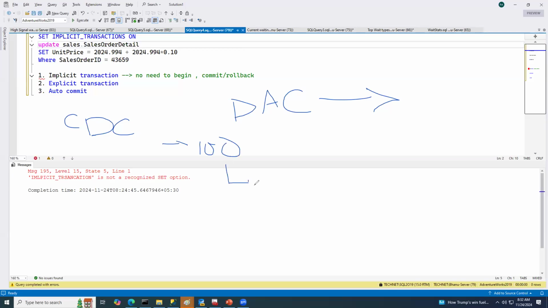This is blocking 10 other sessions, and there can be other sessions also blocking other queries. So it is not that only the CDC can be a lead blocker. Even if CDC is the lead blocker, then whatever user queries are coming in,